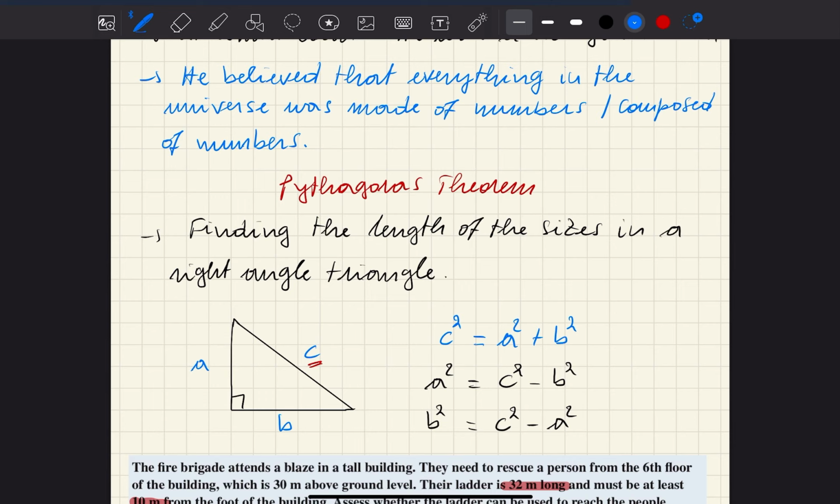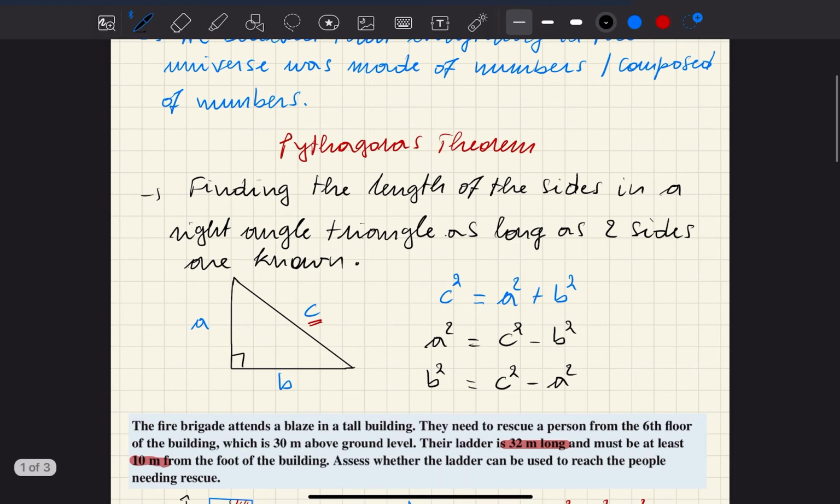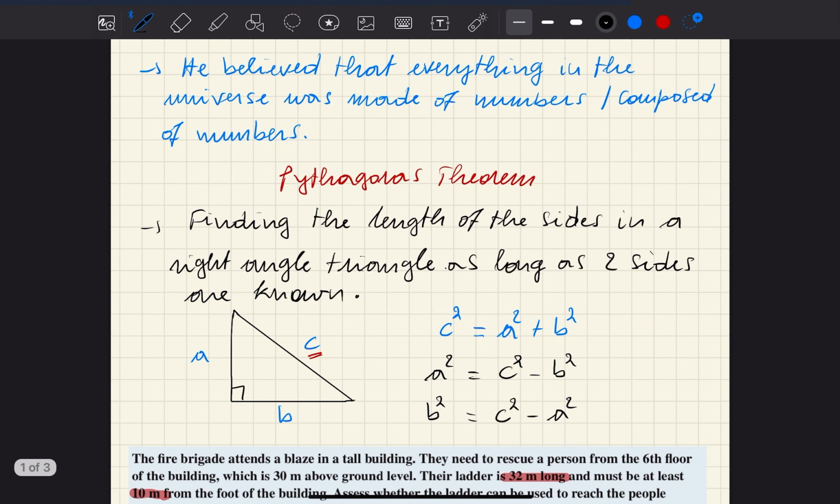is used to find the length of a side in a right angle triangle, as long as you know two of the sides. So as long as two sides are known, then you can see in this triangle that C is always the largest side, or hypotenuse, and then we go A and B, which is just